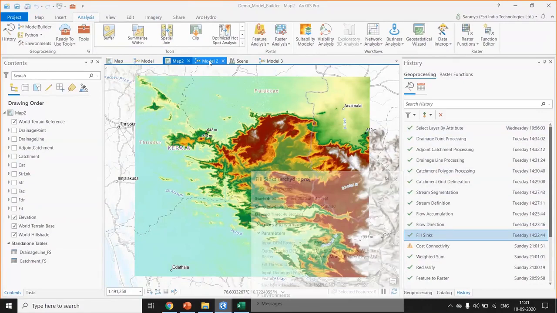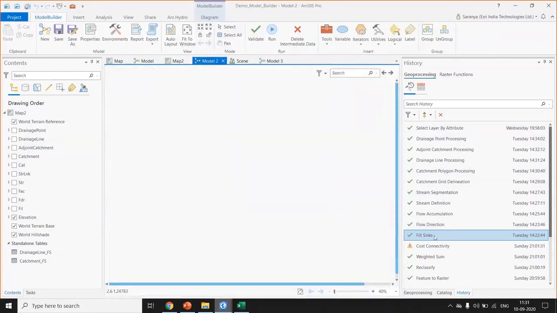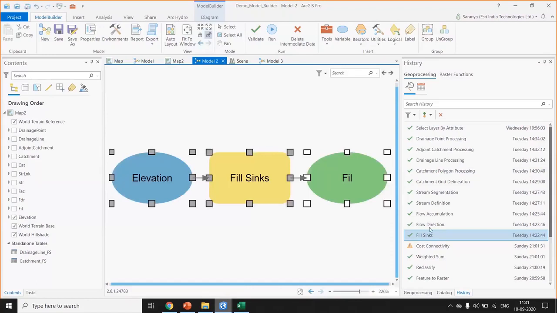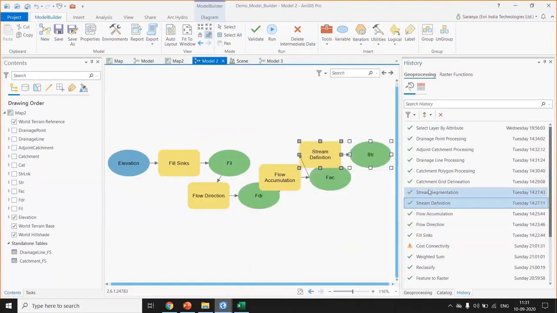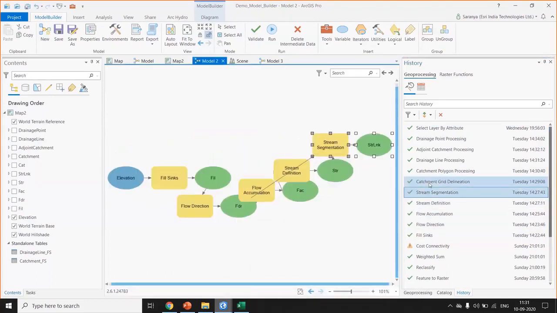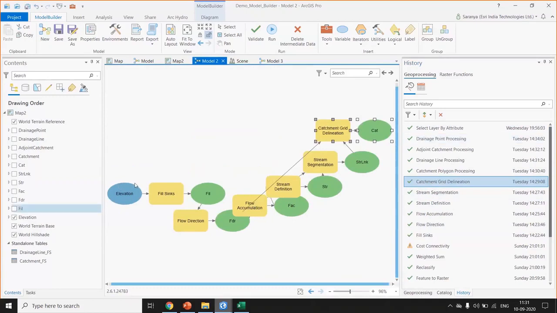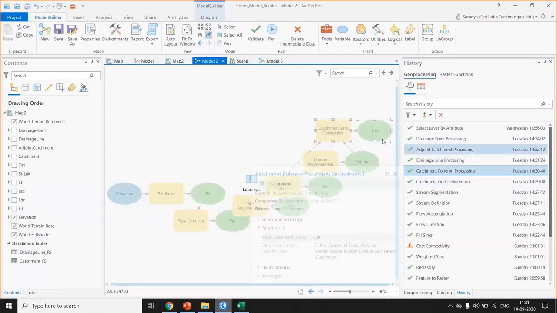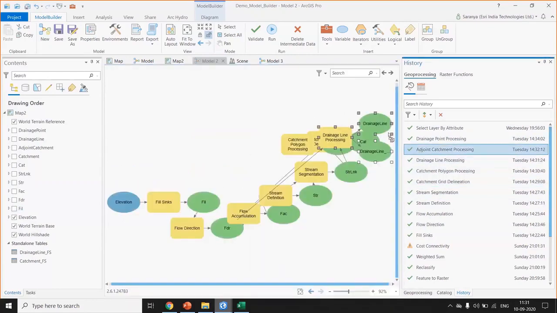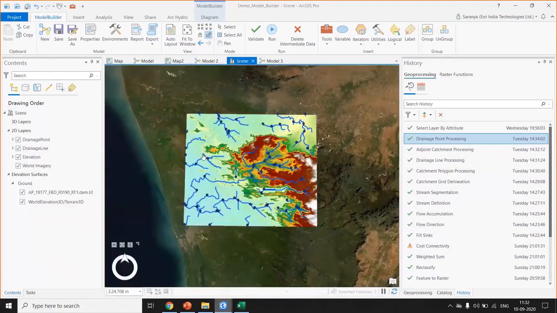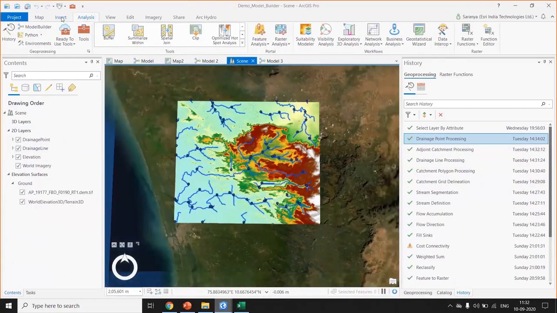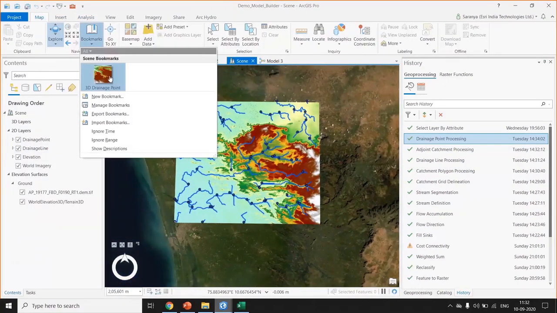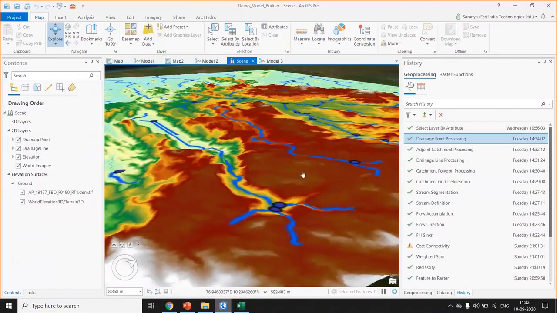Just like we did for our site suitability and connectivity, we can drag and drop these tools and connect them on the fly and share our analysis with others. Here the blue components represent our input. As you can see, with just elevation as input, we are trying to find out the drainage lines and drainage points. So here I can visualize my output in 3D scenes, which will help us understand how the drainage points and drainage locations are moving with our elevation.